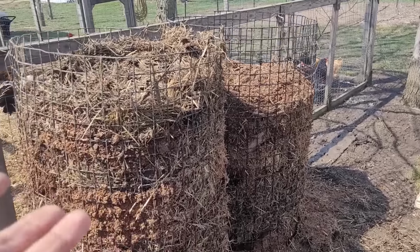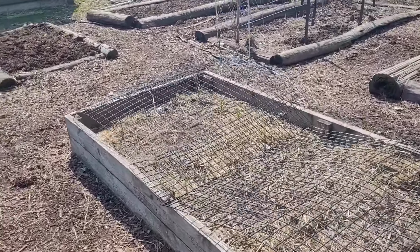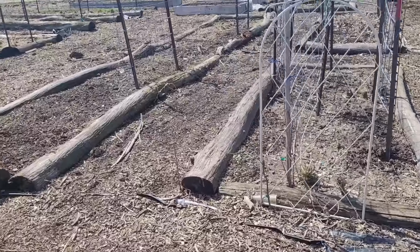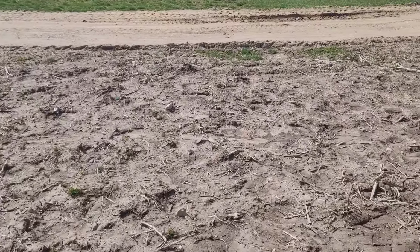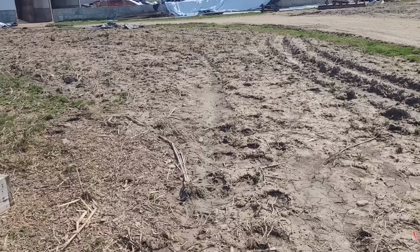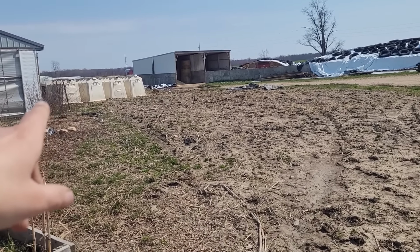So just kind of moved it from one end of the chicken coop to the other. I like it kind of close to the garden, which here it is. So that's a little garden tour. Here, the ground garden I have plans for. Gonna lose a little bit of the garden over here because we're gonna have a couple rows of calf hutches